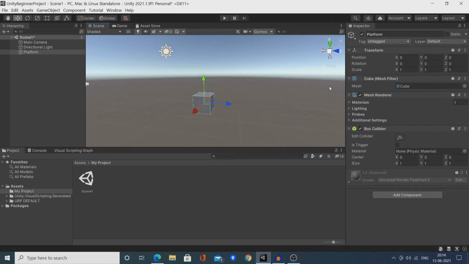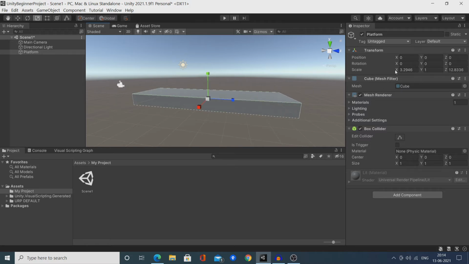Click on the Scale button in the top left of the toolbar. The arrows will change to a box in the scene window. The red, green, and blue color represents the X, Y, and Z coordinates. This is also represented in the top right of the scene window. Click and drag on any of these boxes to resize the cube in that coordinate.